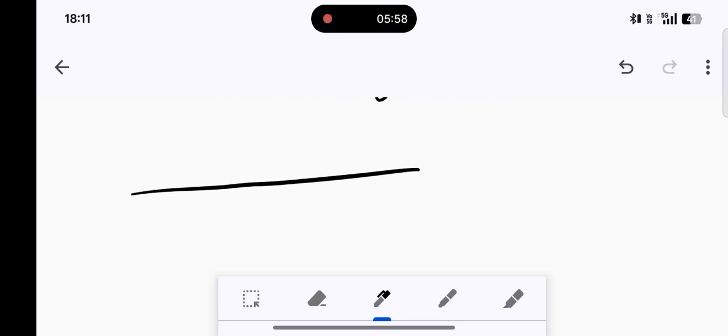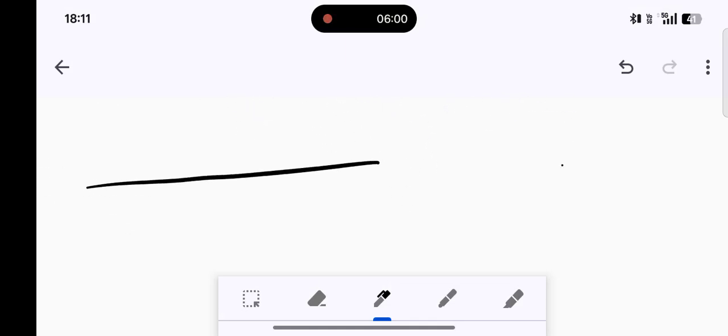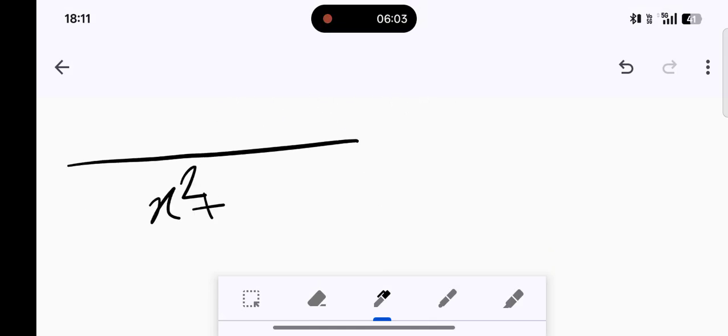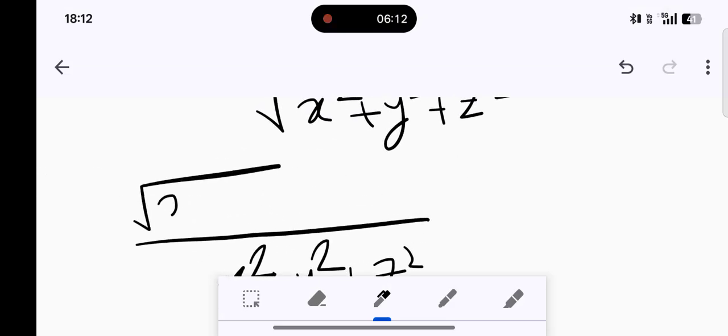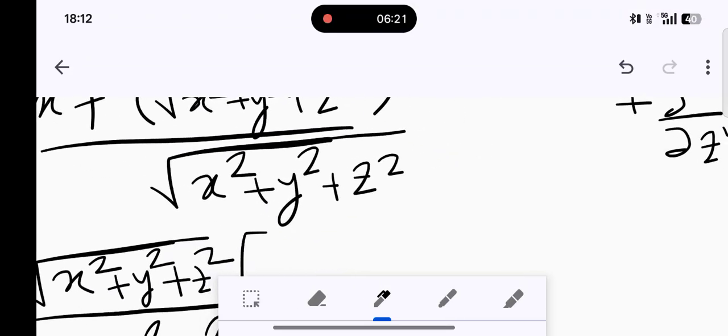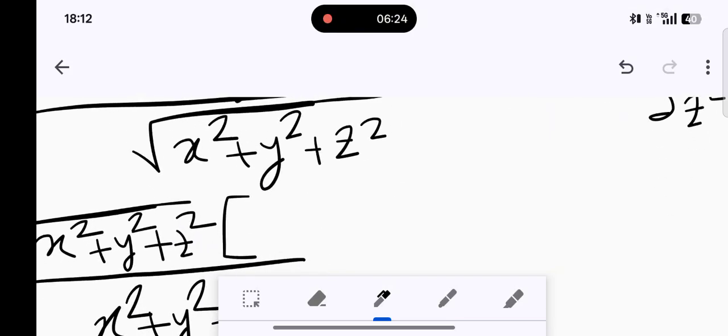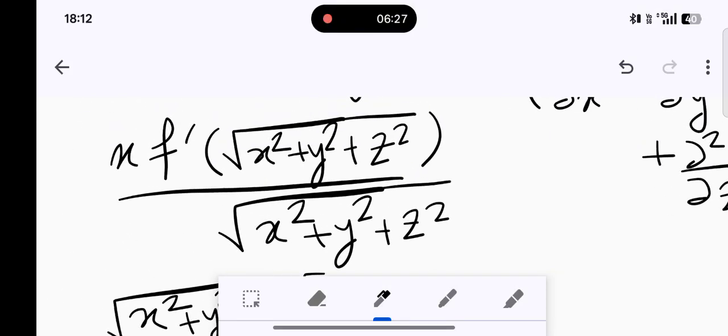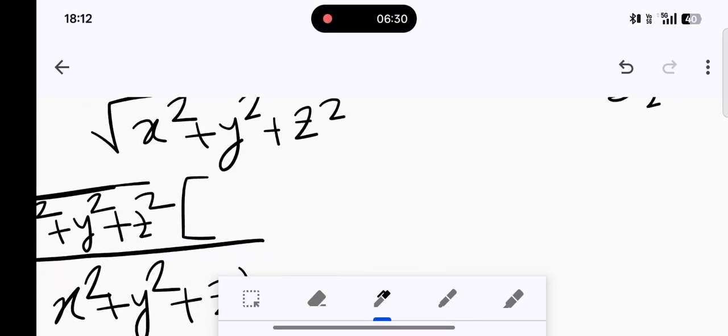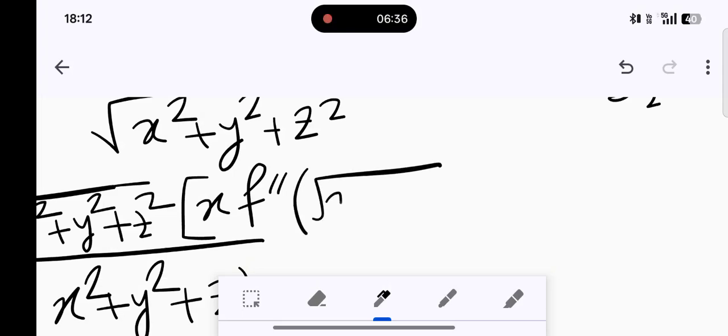So first of all, I am using the u divided by v rule. So this will be x square plus y square plus z square, root whole square, and the root will be cancelled out, simple. So this will be root at the numerator. Numerator is something like, I'm using the uv rule now, so I'm keeping the x and differentiating the f dash. So x f double dash root over x square plus y square plus z square